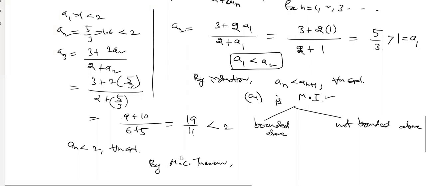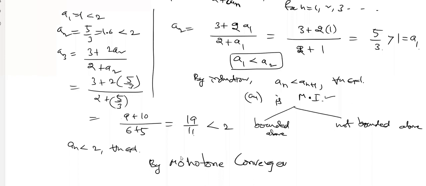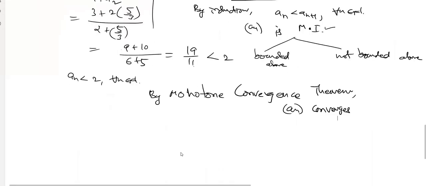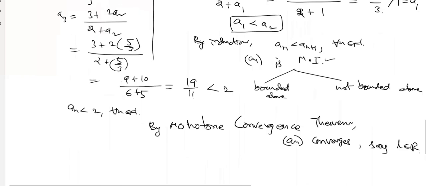so I'm going to write big. By monotone convergence theorem, so An converges. Suppose you assume that it converges to some real number L. The limit is L. So I need to compute L, right? By monotone convergence theorem. So therefore,